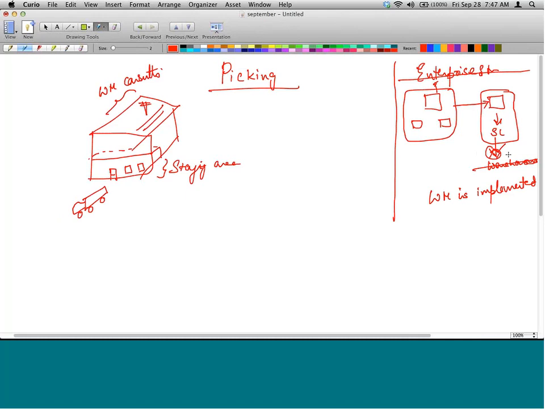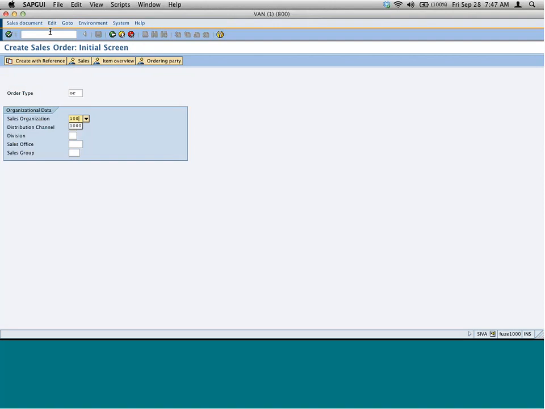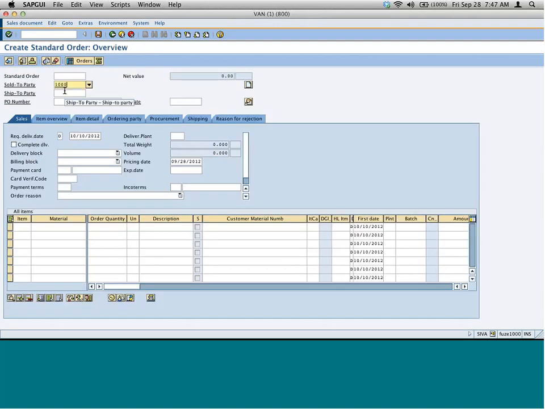Now, if warehouse management is assigned to the plant storage location combination, then you cannot do manual picking. Example, let me try to create an order for you.